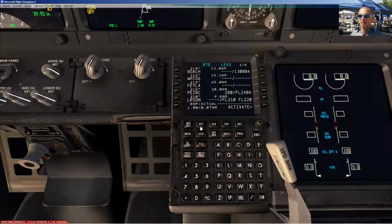So now we'll verify the arrival and just make sure that the arrival is correct. Jeez, come on. Alright, the Eagles 2 arrival should be from Fila. Alright, so from Fila, which is going to be our transition, we're going to go to Pyrik, or something like that,